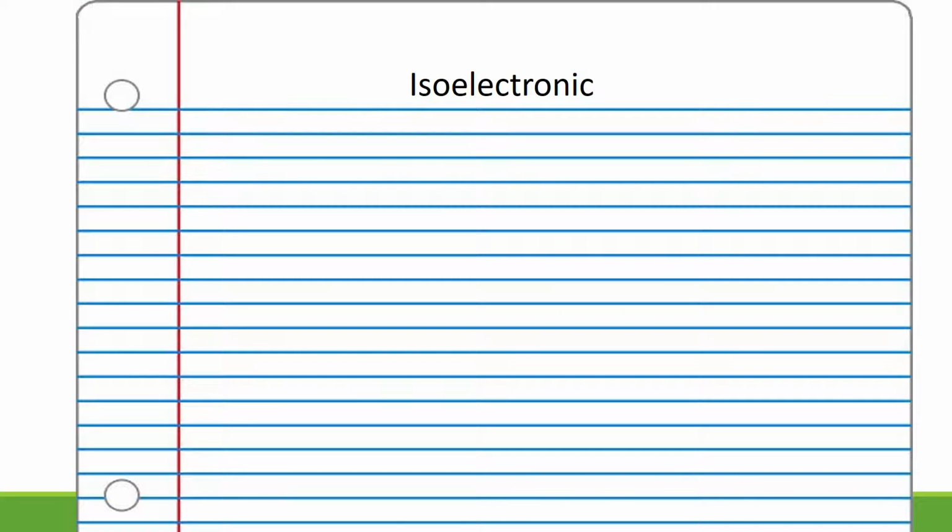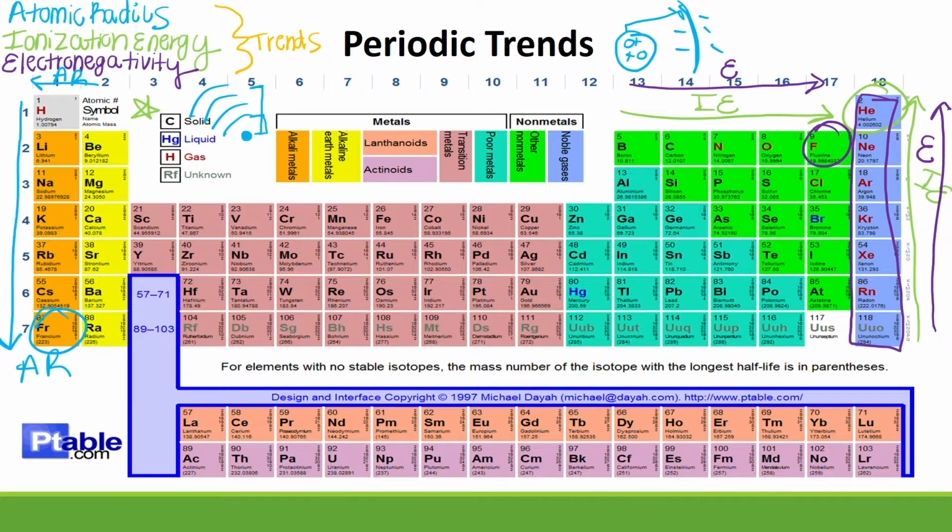Okay, so now we're going to be talking about this idea of isoelectronic. What isoelectronic really means is it has the same amount of electrons. So what exactly does that mean? Same amount of electrons. So when we look back at the periodic table, we know that elements have the ability